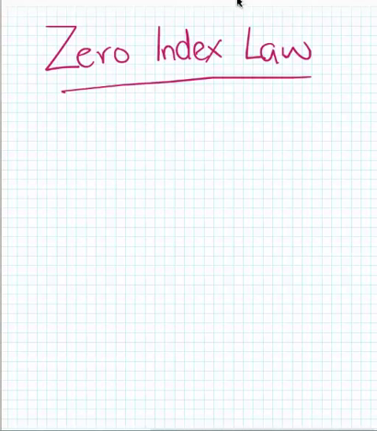Now, the next index law we're looking at is the zero index law. And this is pretty easy to use. To understand why this works, we'll do an activity in class to see how it works. But basically, anything to the power of 0 is 1. So if I had my rule, a to the power of 0, therefore this equals 1, a whole number 1, and that's it. So you have to remember anything where the power is 0, it simply